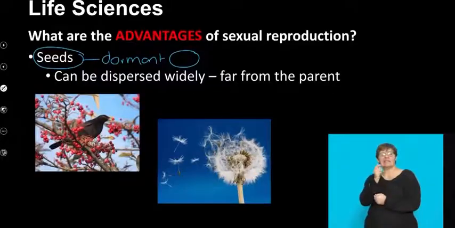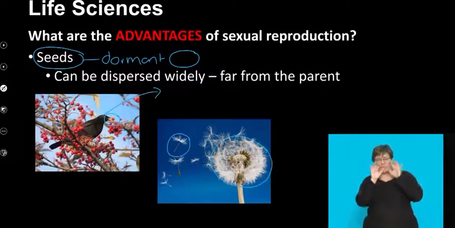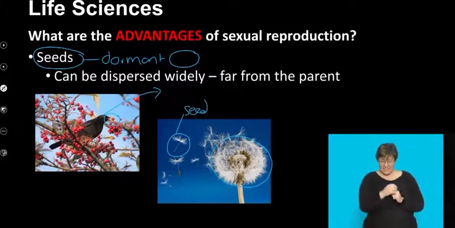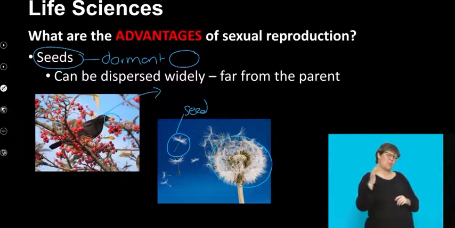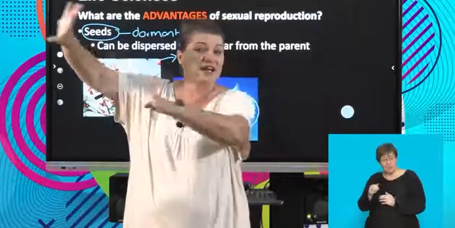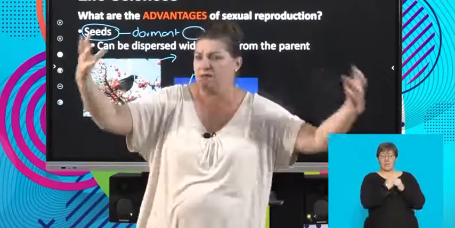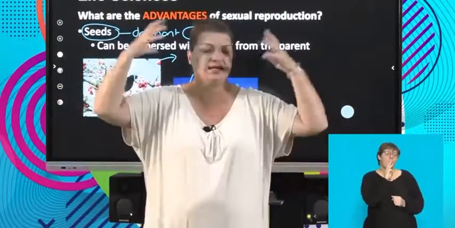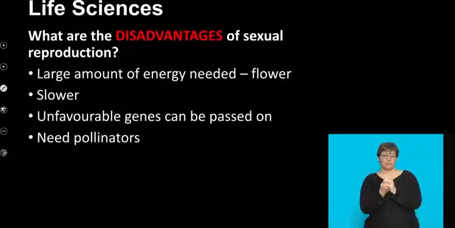Have a look here. A bird's going to eat a fruit, and the seed is in here. The bird's going to fly away, and that seed's going to be dispersed a long distance. Have a look at this dandelion over here. This is the seed, guys. And what's going to take it? The wind is going to take it, and it's going to blow it a long distance away. So when it comes to sexual reproduction, the offspring can go really far away from the parents, where there might be more space, more water, more sunlight, maybe not so crowded. The conditions are ideal for that plant then to grow.